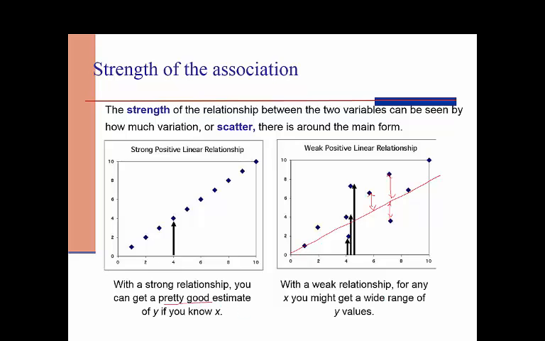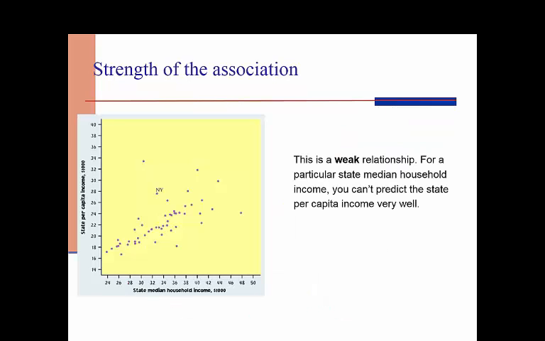With a weak relationship, when you use your model, you'll get a bad prediction. Okay, so when we look at, let's say, state per capita income and state median household income in the country, right? You can see there is a weak relationship between them, so it might not be that useful to try to